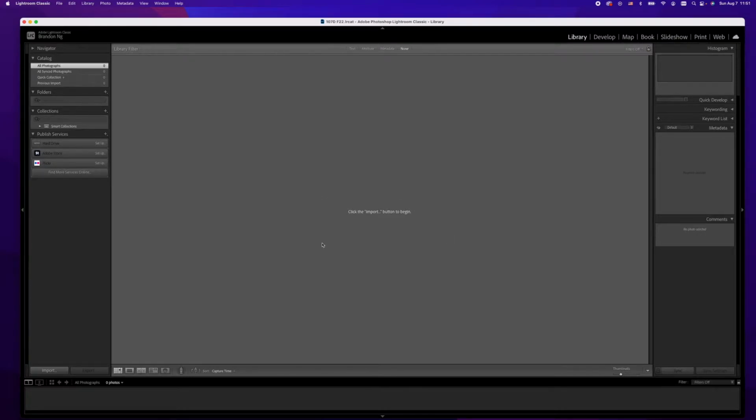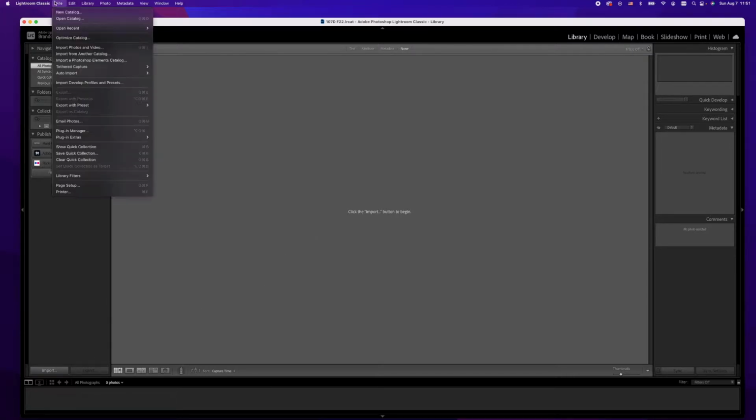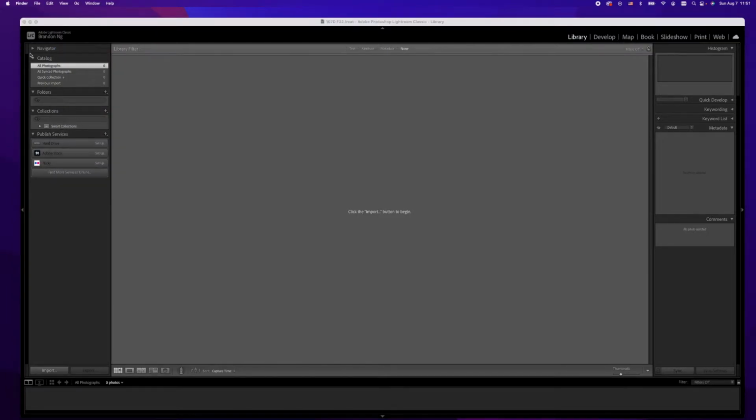Okay, and so the first thing you're going to want to do is obviously bring some photos in to start your workflow. And you will be starting here in the library tab, and in this tab you'll have the import button right here down at the bottom left. You can also go to file and import photos and videos. But before we do that, I just want to show you very quickly